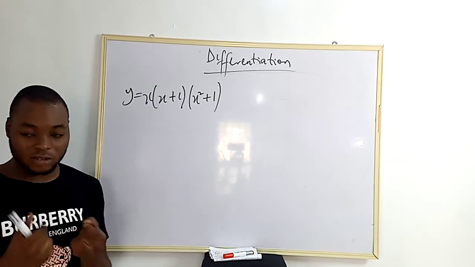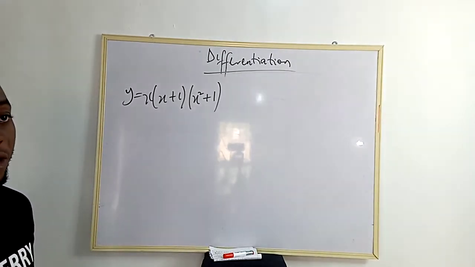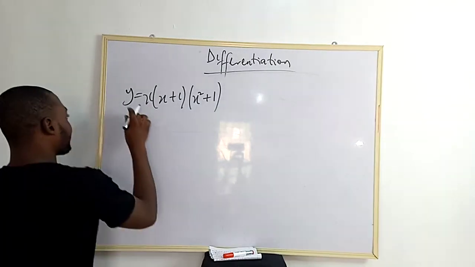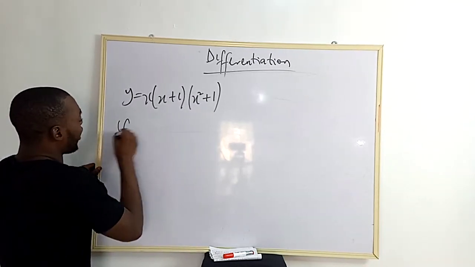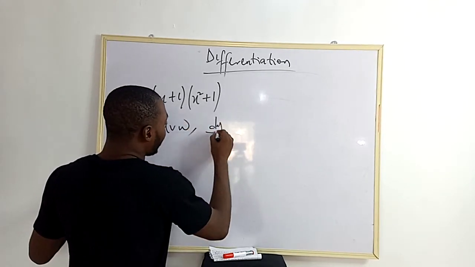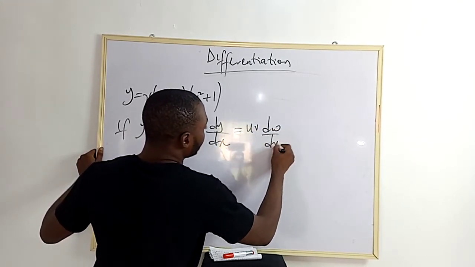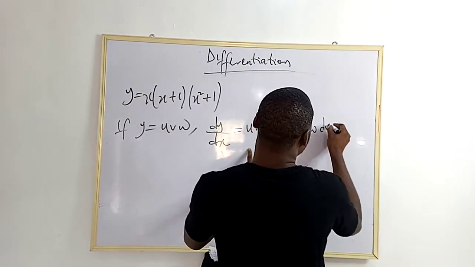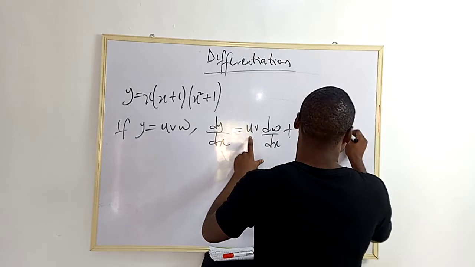You're still going to apply the same wisdom that you use in the case of two functions. So what you're going to do is this. If y is a product of three functions, like if y equals uvw, then dy/dx will be equal to uv dw/dx plus uw dv/dx plus vw